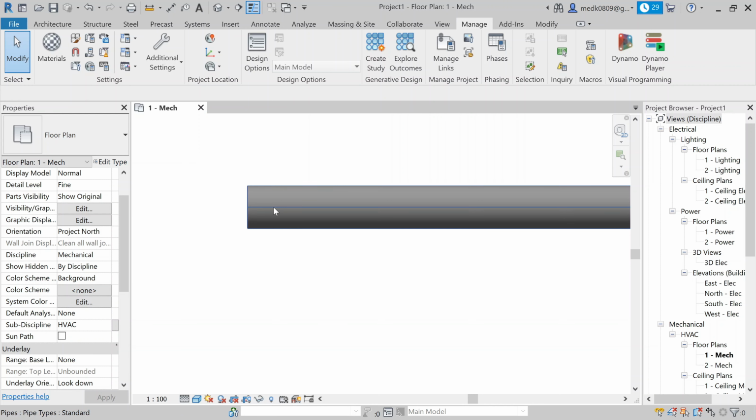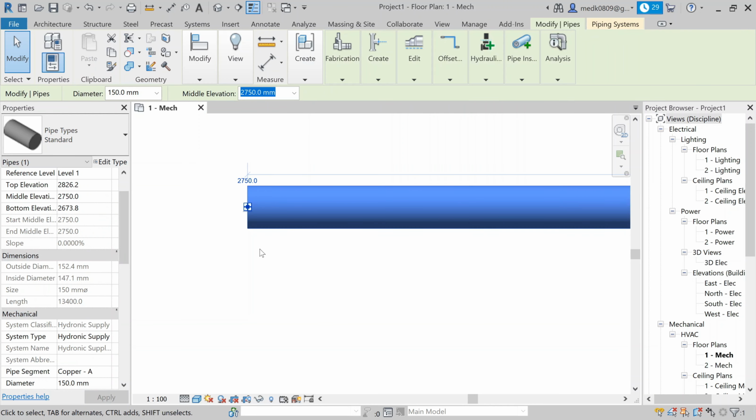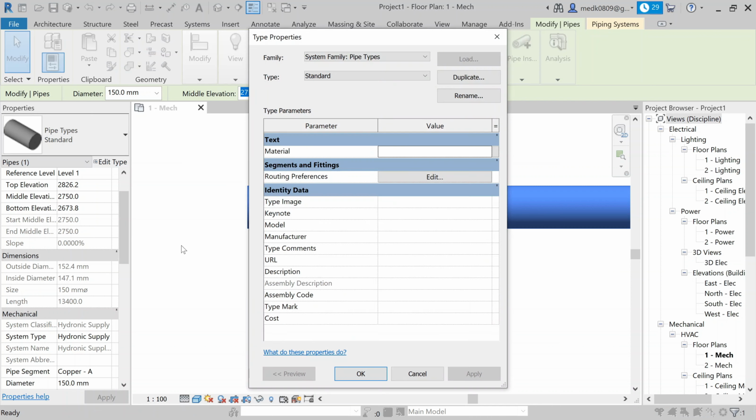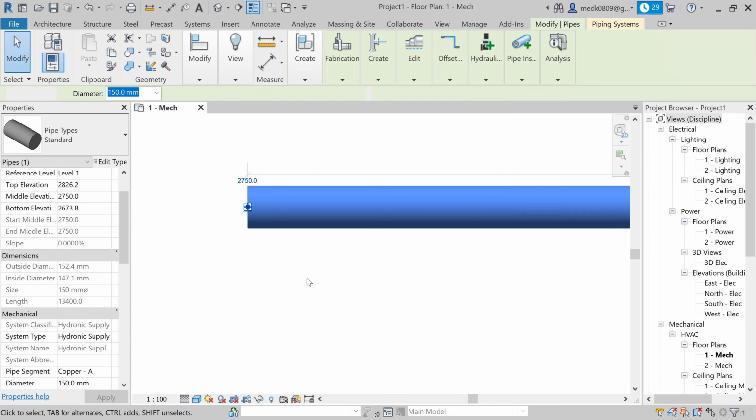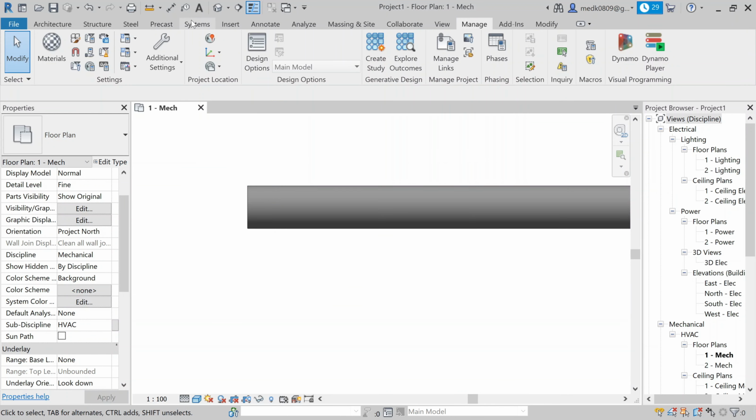Now if you will select this pipe, you will go into the edit type and you will see here the parameter called text and the material. Here you can insert the value for this material, and then click on apply and OK. Now again let's draw a pipe.